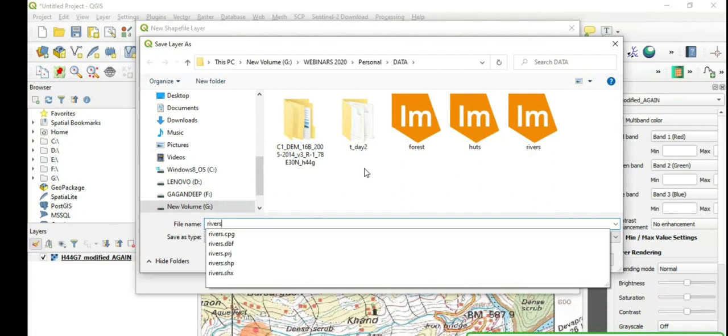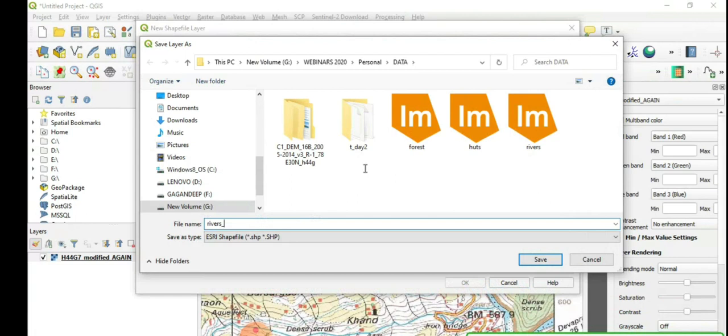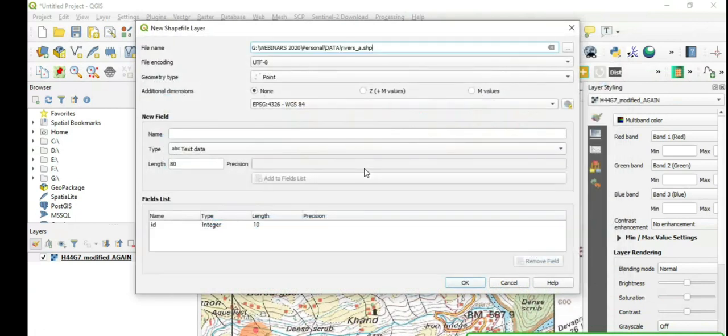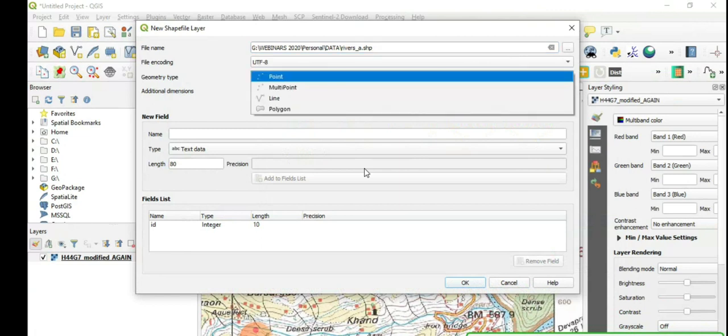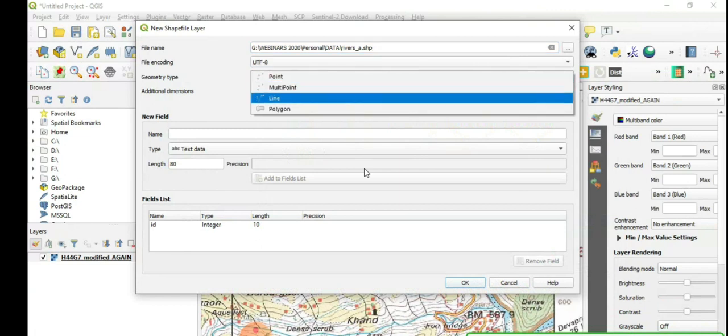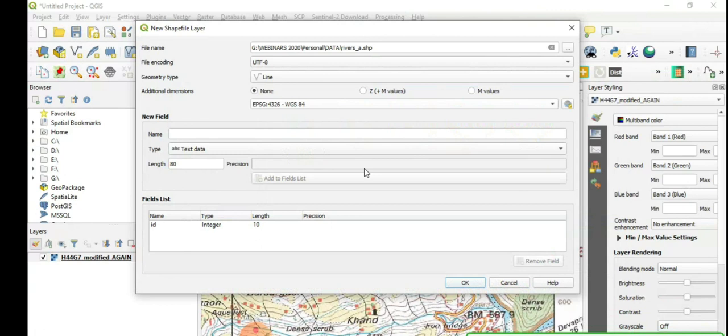RIVERS, and let's do A for again. Okay. So rivers underscore A, and save. And then because it is a line type of feature, so I have to select line from here. The datum will be WGS84 because we georeferenced our topo sheet in the same system. And then there is an option to create a field.